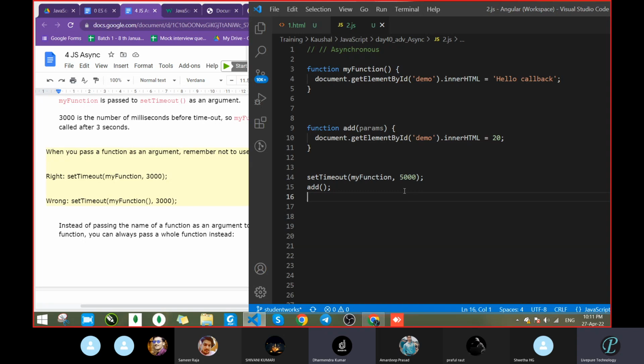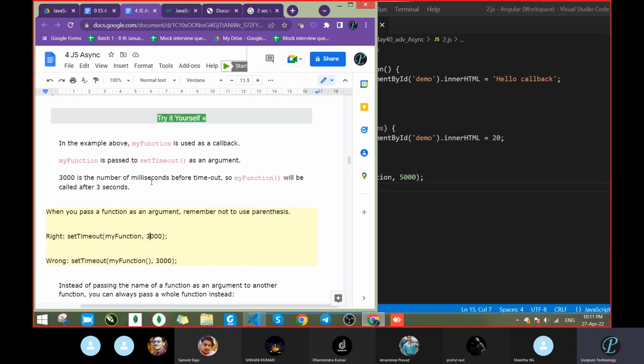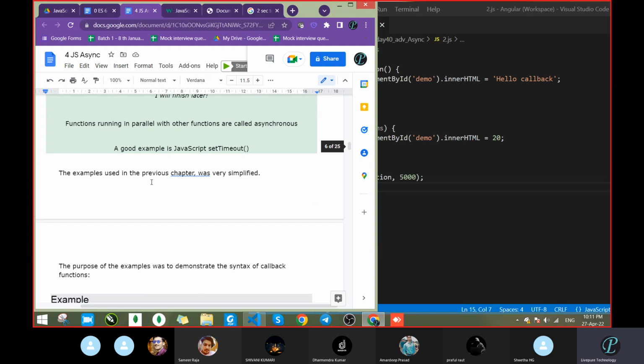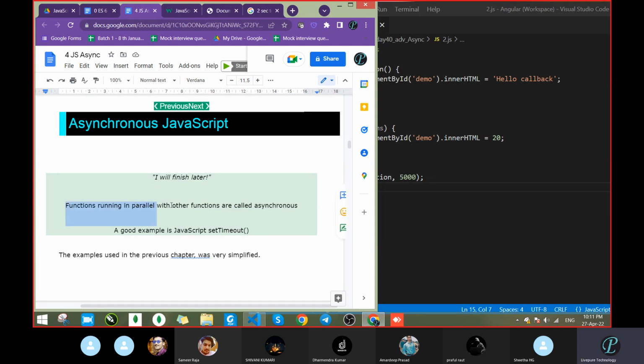But meanwhile, another function is also running in parallel. Which function is running in parallel? Sir, the add function. Correct. So that means the asynchronous call. We saw the definition just now: a function running in parallel with another function is called asynchronous, and setTimeout works with better performance.